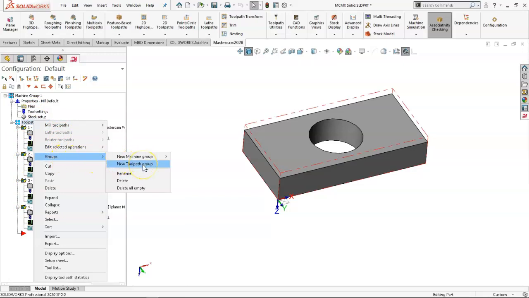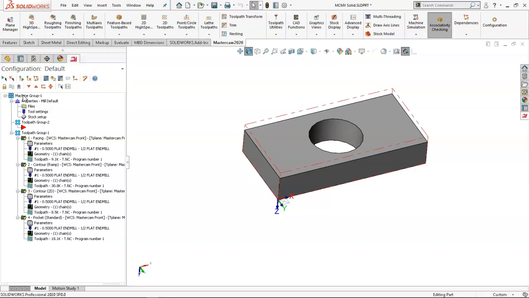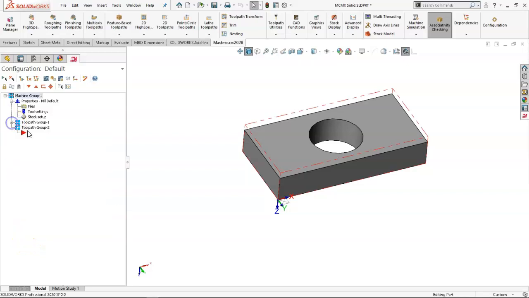Group, new toolpath group, if we want it to stay in, and I should have done it from the machine group, so let's go back up. Move after. All right, so we get the toolpath group,